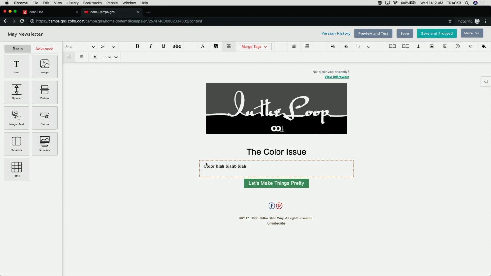Which is the hierarchy that I'm prioritizing for them, right? When you get an email from the New York Times or the New Yorker or some kind of media outlet, generally speaking, you'll have a whole bunch of links that look the same and are not prioritized. That's because they really don't care which one you click. As long as you go back to the website, you're engaging with them, maybe you're a subscriber, and you're making them money on ad revenue.